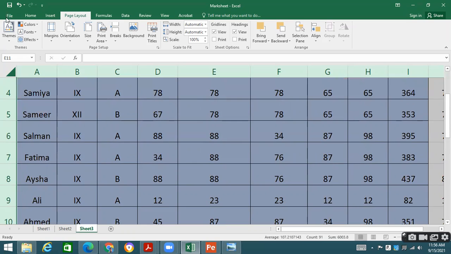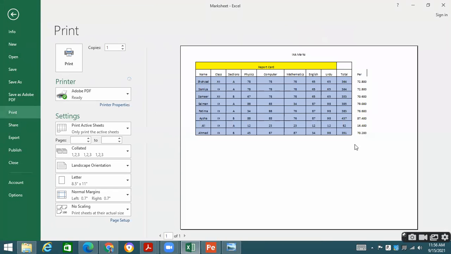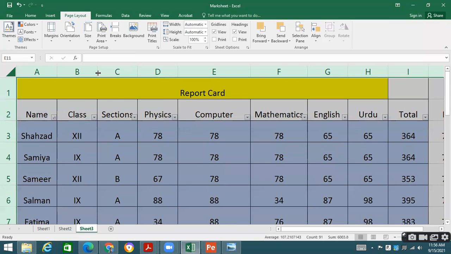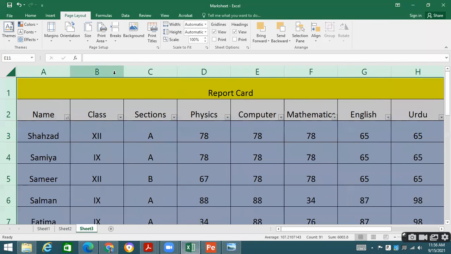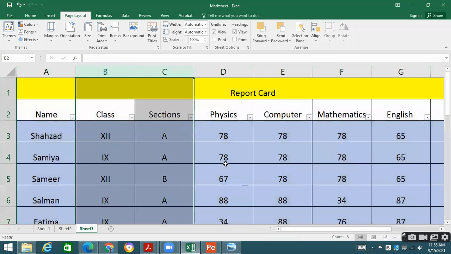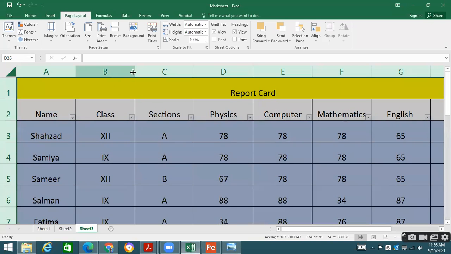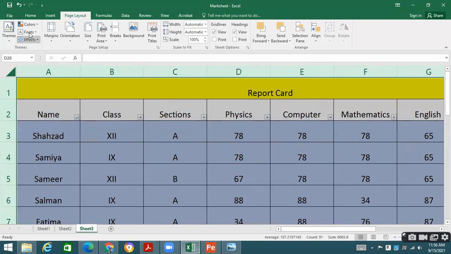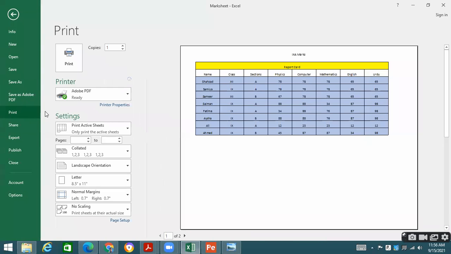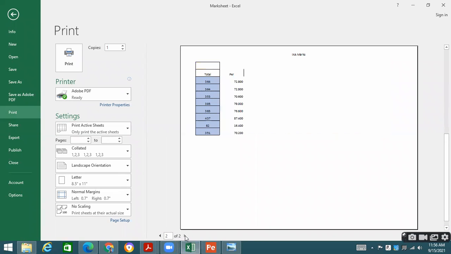Now you can see that if you go to print, it has been increased over here. Okay, if you want to increase the width, you can do it accordingly. All the cells are the same size, and when I am increasing the width of the cells by pressing Ctrl A, you can see by going to the print menu that it has been increased. But now it is going on page number 2. You can see over here, the rest of the table is going on page number 2.